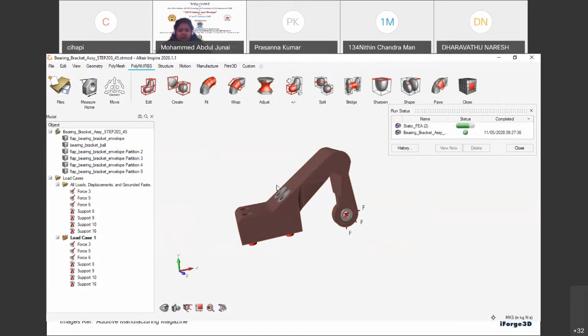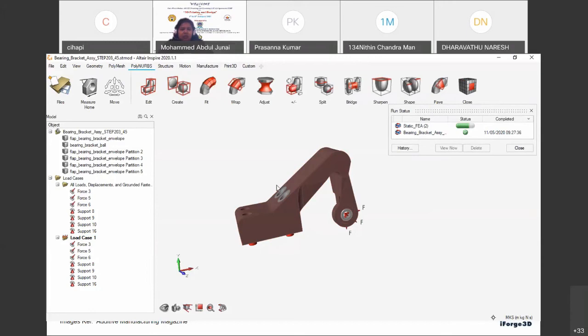Because when we are printing the product in FDM, SLS kind of printers, it will have very low strength, right, sir? So how do you strengthen those joints? While increasing the strength of the joint, it might increase the material over the joint. So how do you control the material, and how do you control the polynurbs, and how do you create the joints without affecting the strength factors?